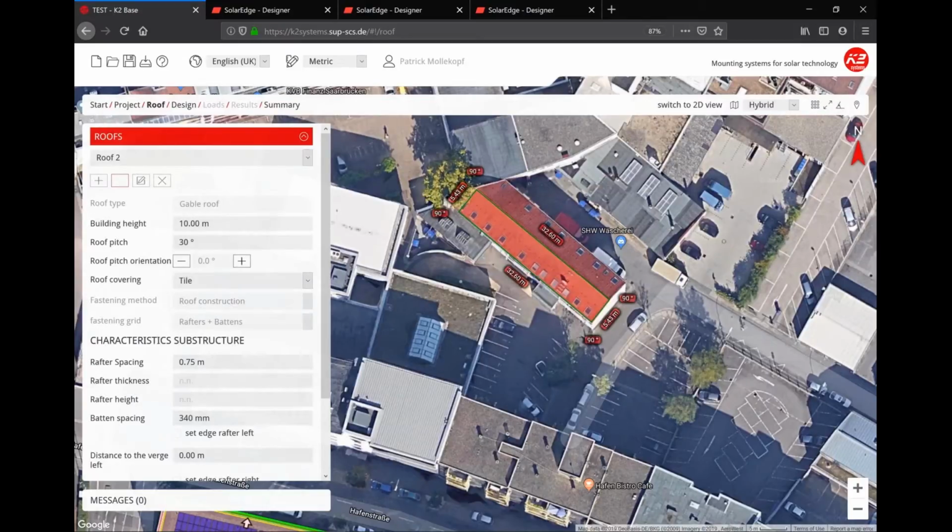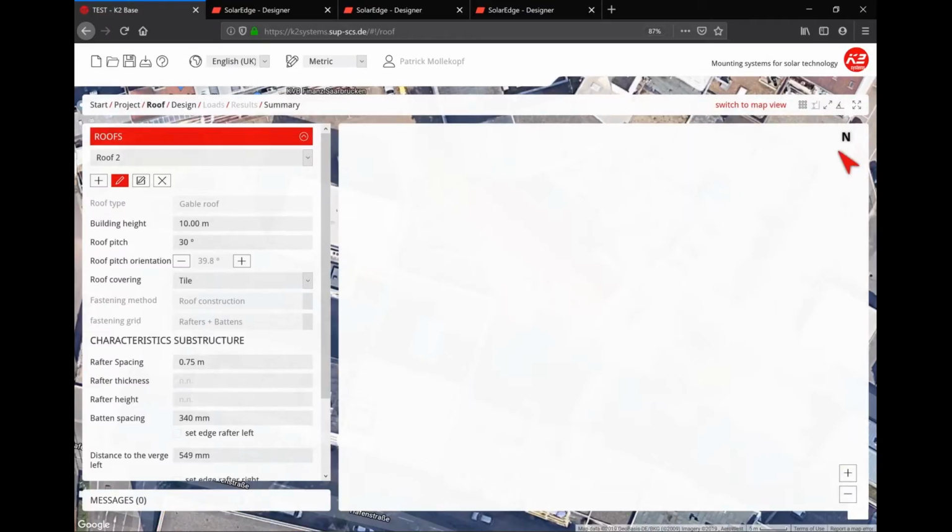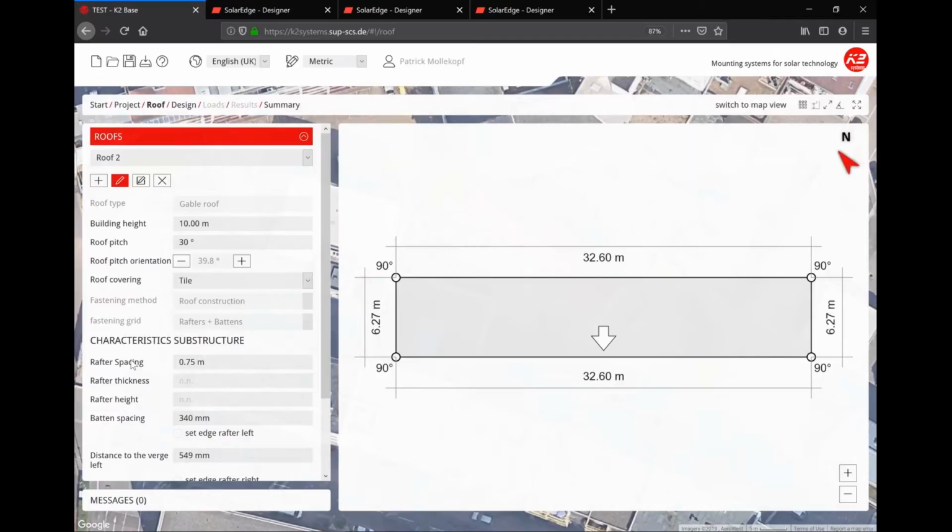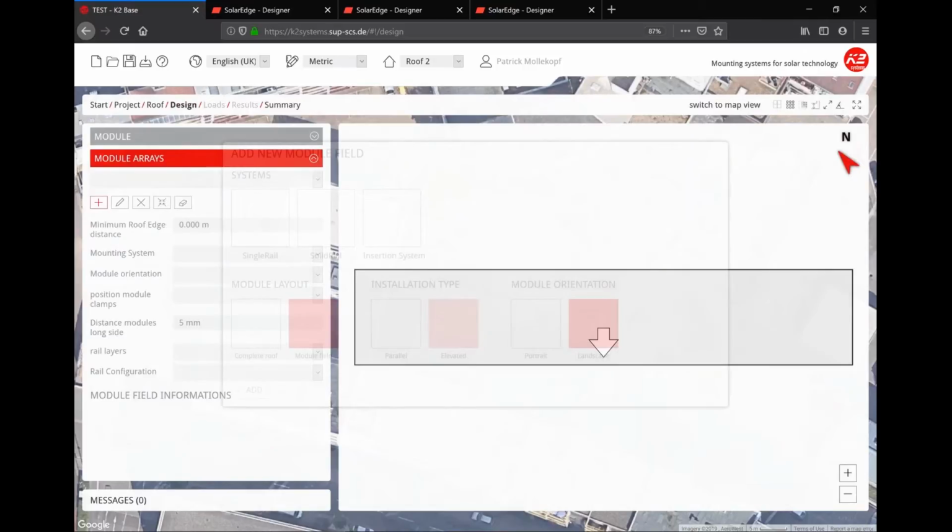But basically what you can do here is then input the roof pitch for a pitched roof. And that one is basically anything above 5 degrees till 75. Apart from that, the planning process is the same as with the flat roof one. You can then switch to 2D mode, input all the data again. And of course, as this is a tiled roof, you have to input some different characteristics like the rafter spacing and batten spacing. And you can then move on to the design and draw the modules with the different systems